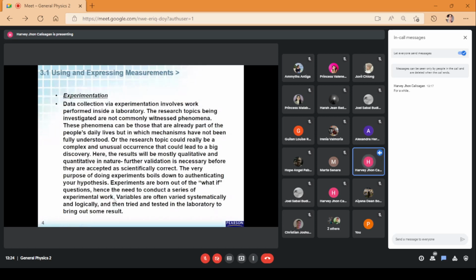Okay, how about experimentation? For observation, we have the survey, the interview, creating questionnaires, etc. How about experimentation? Actually, experimentation is all about data collection via experimentation, which involves work performed inside a laboratory. The research topics being investigated are not commonly witnessed phenomena. So I'm not going to read the whole context of experimentation, but the difference between experimentation and observation